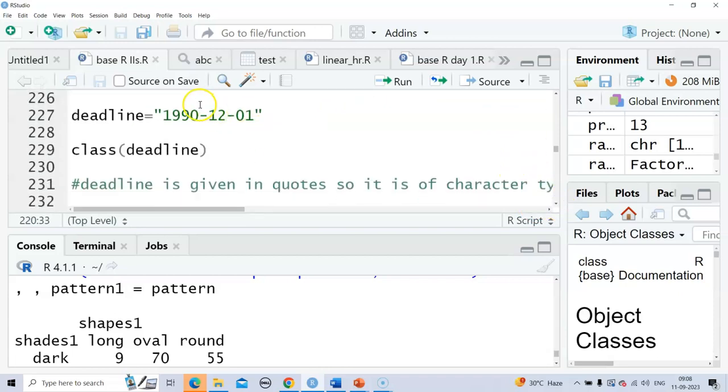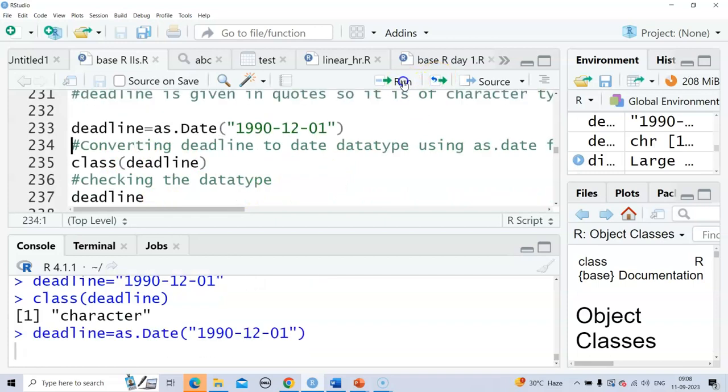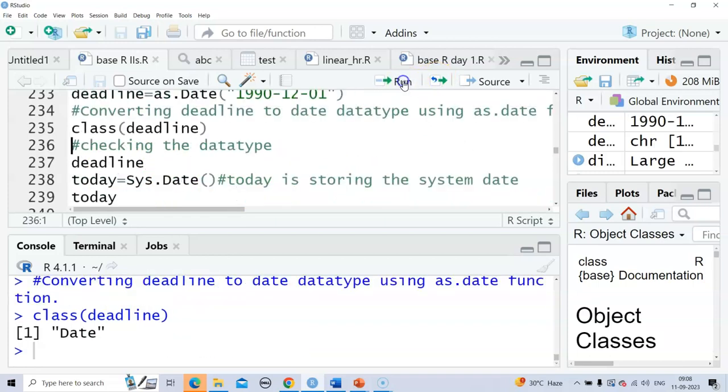Now I am creating an object named deadline, which contains 1990-12-01. This is a date which I have enclosed within quotations. I have checked the class of deadline. Now using the as.Date function, I am converting this particular date into date data type. So if you check again the class of deadline, it is a date data type. Now if you call deadline